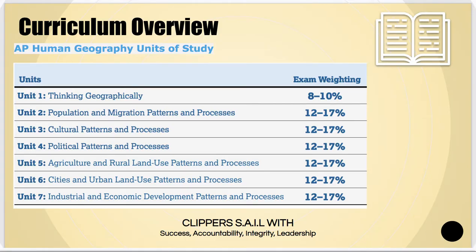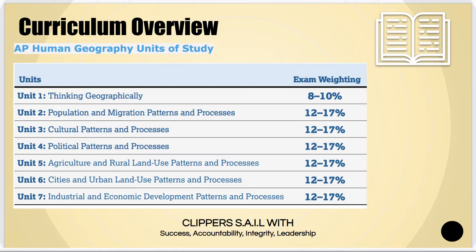Curriculum overview. So in geography, I mentioned those 4 areas before. These are the units. 1, thinking geographically. We're going to learn about what information maps tell, how people make maps, how maps can lie, and the types of geography-related technology and careers that exist. Population and migration patterns. Migration is definitely a hot topic nowadays, and people are on the move all around the world. Cultural patterns and processes, political patterns and processes. Talk about gerrymandering and where borders exist and how they're created and what their purposes are.